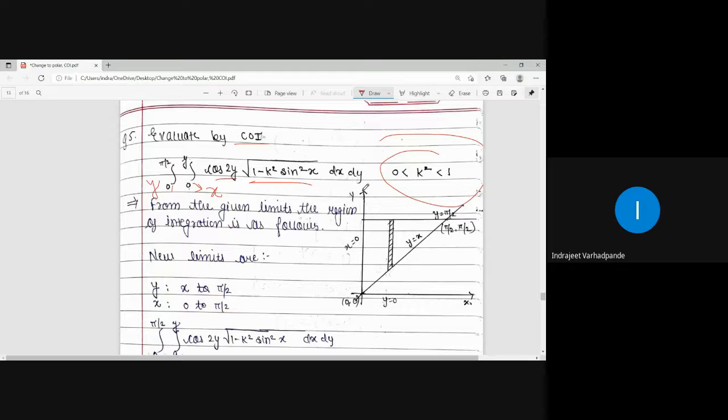x is equal to 0 means this y axis, x is equal to y means this is a line which is passing through the origin, y equal to 0 means this is the equation for the x-axis, y is equal to pi by 2 is the line which is passing or intersecting y-axis parallel to x-axis. Now you will ask, sir, how will we find the region in this? I will let you know.